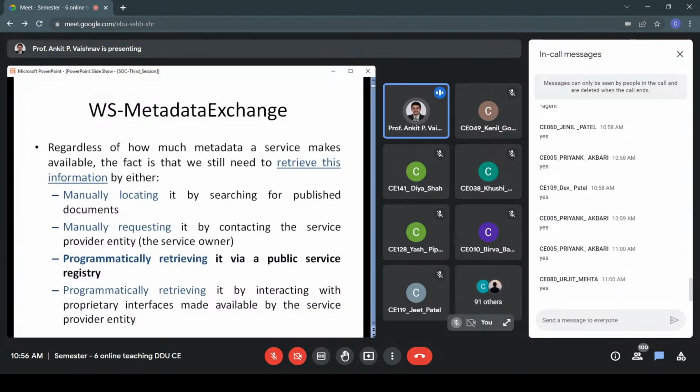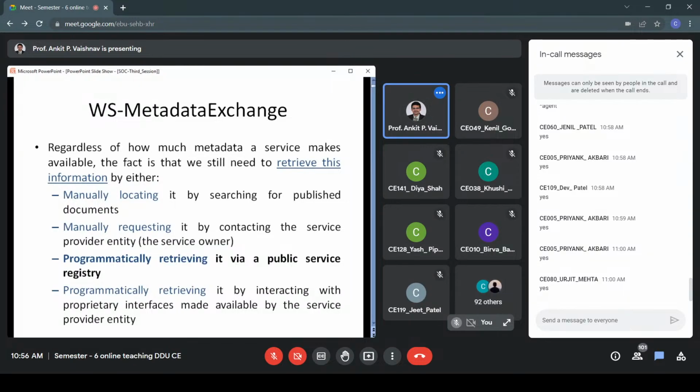Then you can search for available descriptions. That is the process, right? So everything will happen programmatically. You will register programmatically and you will be able to search programmatically, right? No human involved over here, except the person who is managing the WSDL files on the UDDI side, right?